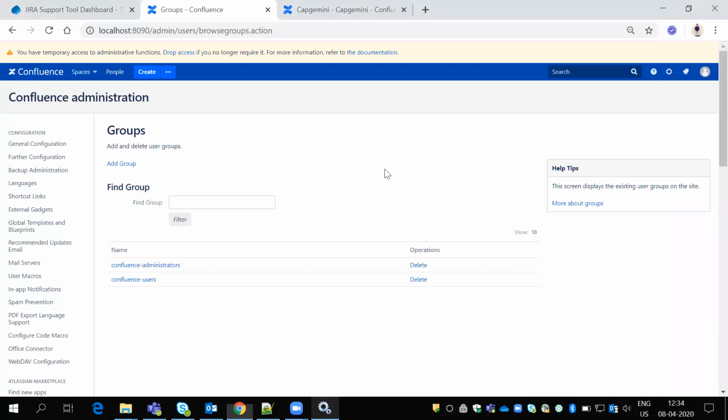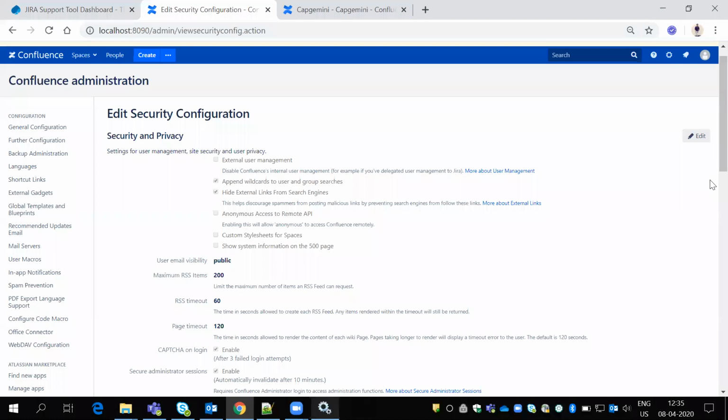Okay, so we need to give our Jira access permissions to outside people as well, like anonymous users. Only at that time do we need to work on this basis.